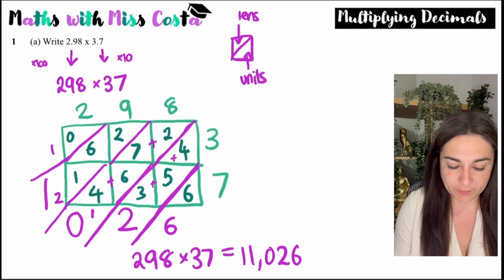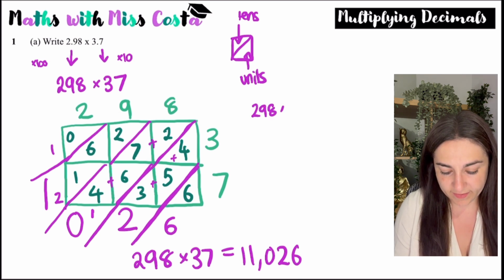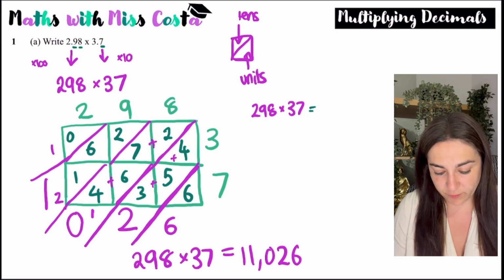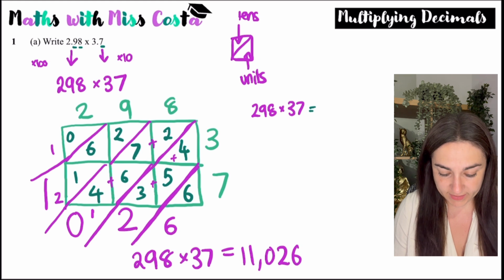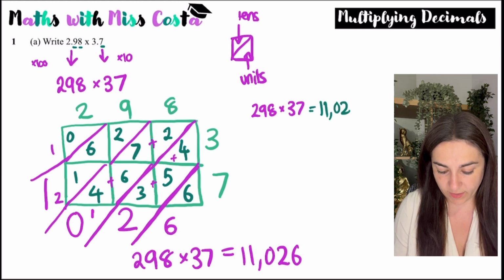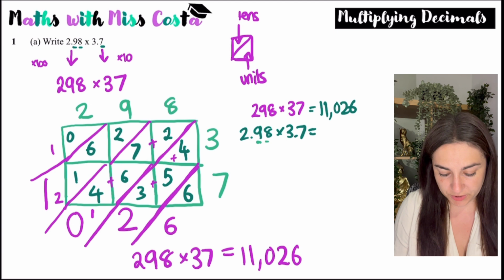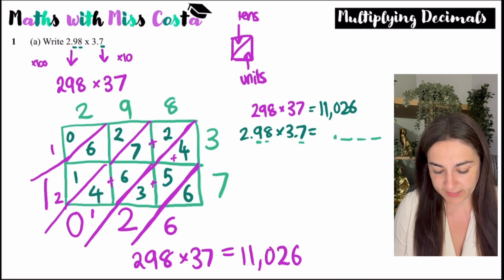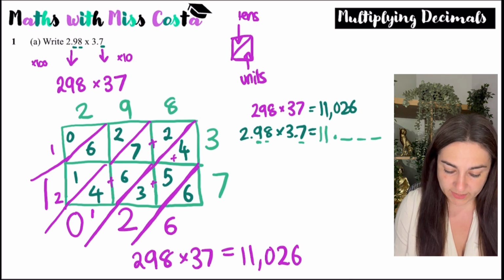11,026. So if I know this, there's either the shortcut method, which is you just count how many digits there are after the decimal point, and your final answer needs to have that many digits. So I know that 298 times 37 is 11,026. Then I've got 2.98 times 3.7. So there's 2 digits here, 1 digit here. So in total, I know my answer is going to need 3 digits after the decimal point. So I move it accordingly. So that would be